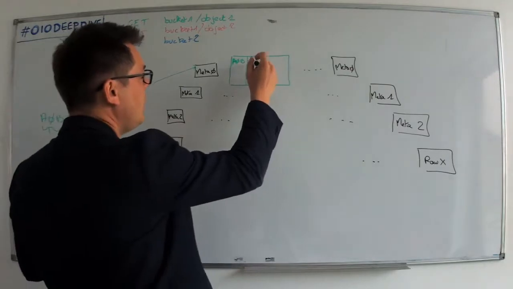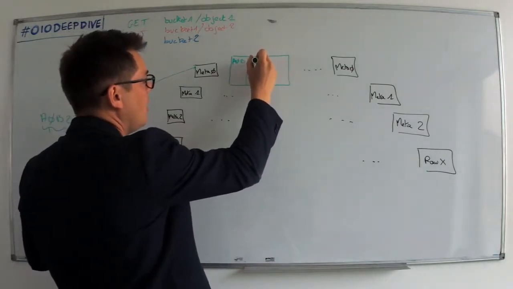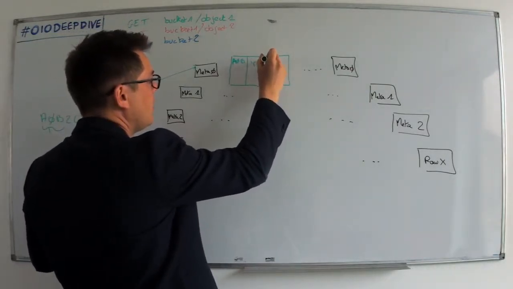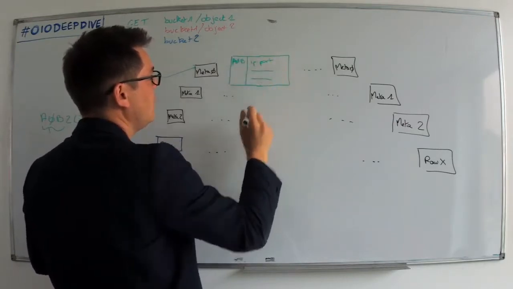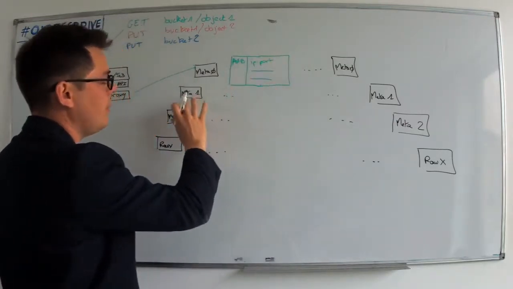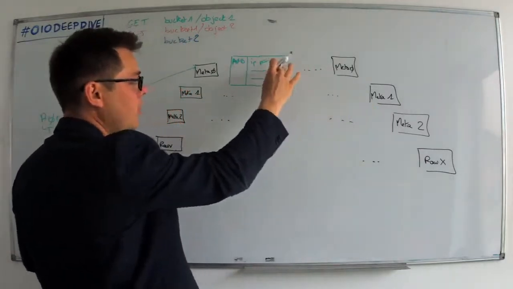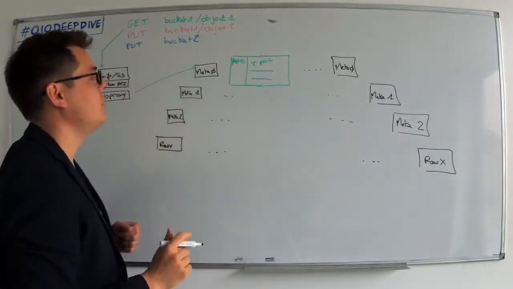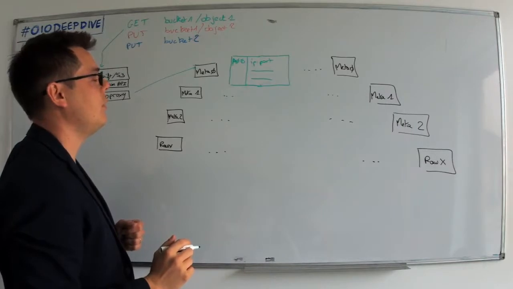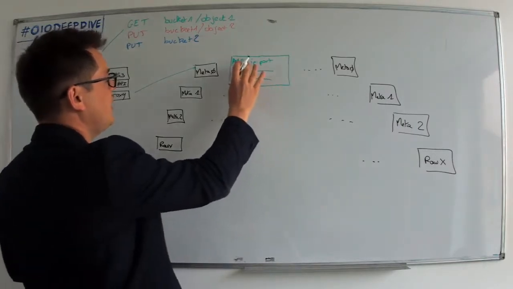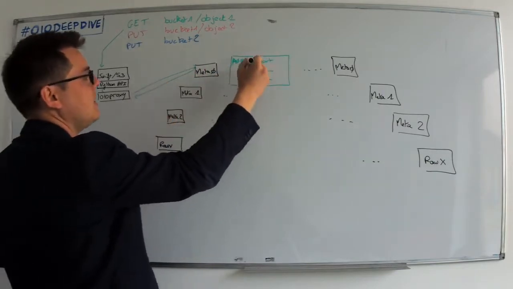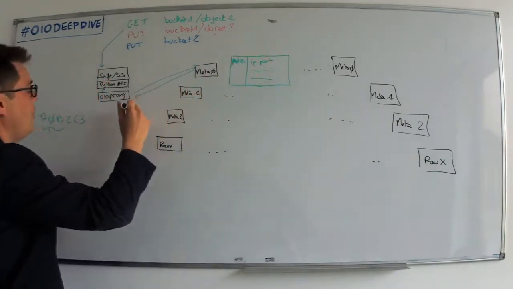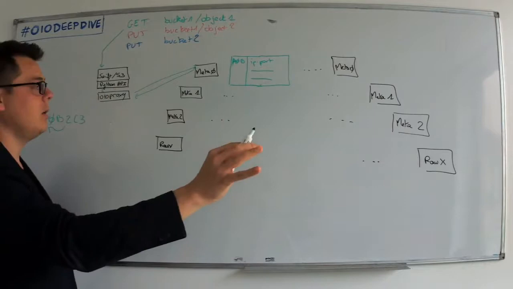So you will have here 3 IP ports, 3 possibilities, 1, 2, and 3, and it will be some meta 1 services. So you will have 3 possibilities to go to the meta 1. So the meta 0 will answer to the IO proxy, okay, you have 3 possibilities, these 3, to go to the next level, the meta 1.